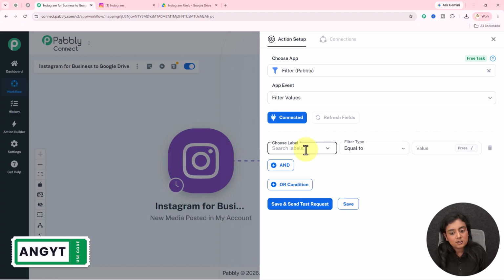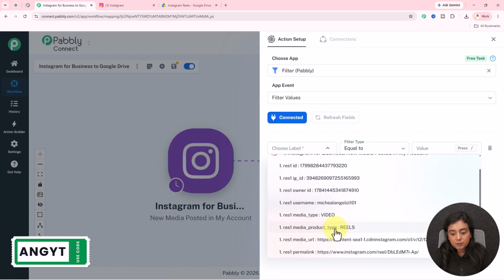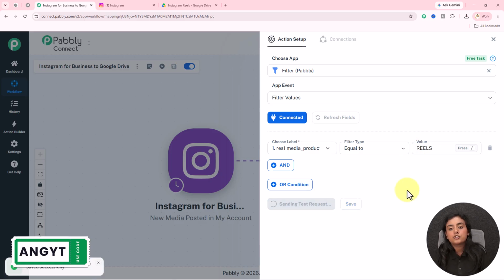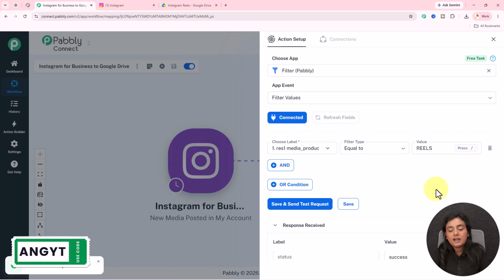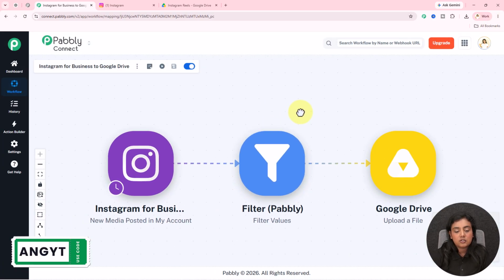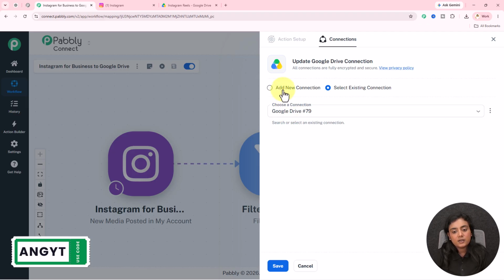Click on this connect option. Now I want the media type over here, the product type in my Instagram, to be equal to reels. Then only the workflow should be further executed. I've added this condition through this amazing feature. The status comes as success. Now only the reels that are posted on my Instagram profile will be uploaded in my Google Drive folder as a backup. Okay, I will open this tab, go to the connect option, click on this add new connection section and